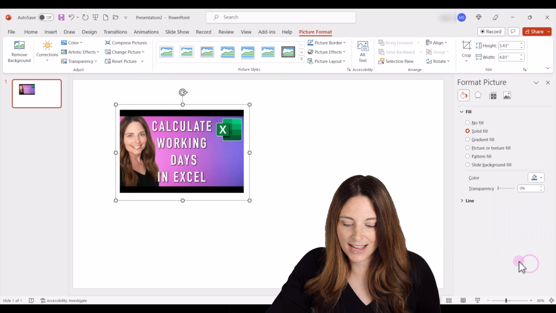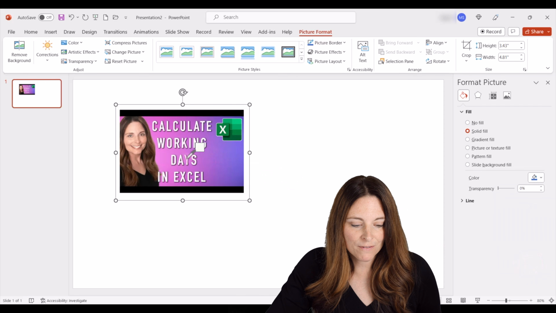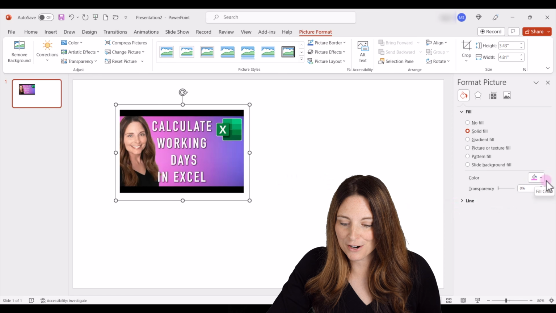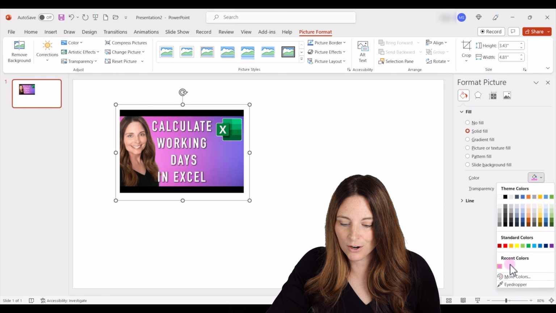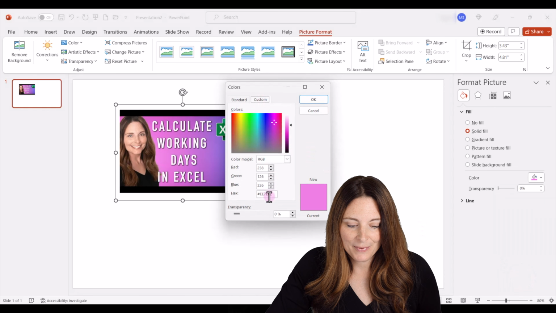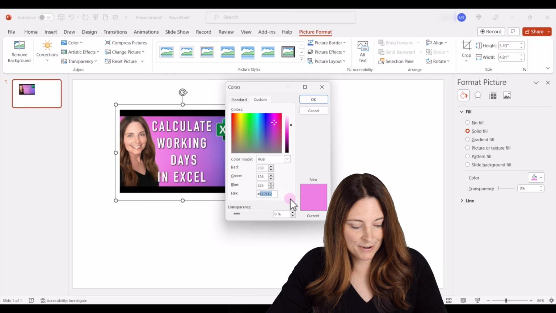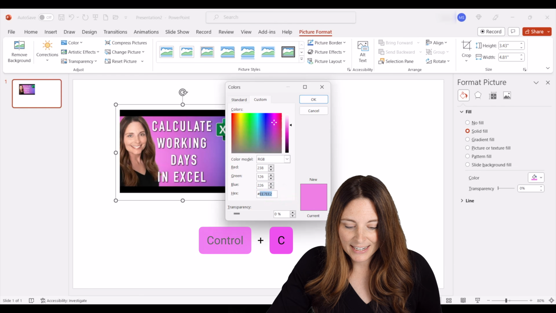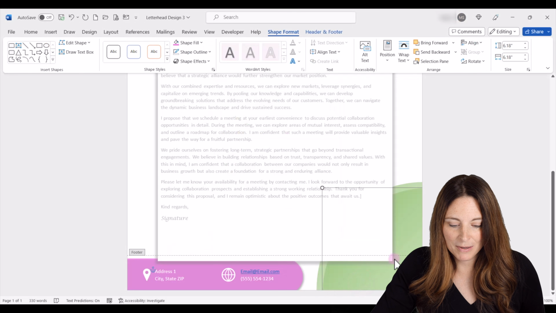So I'm going to select the eyedropper, and then I'm going to come over and select the area or the color that I want to match and just click. And then what that does is it adds the color over here, and what I can do is then access that over in More Colors on the Custom tab. Here I can copy that hex number, hit Control C, then I can come back over into my Word document,